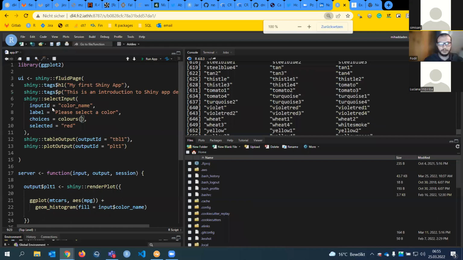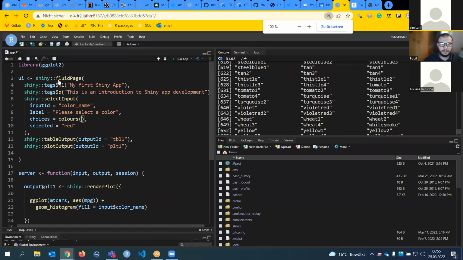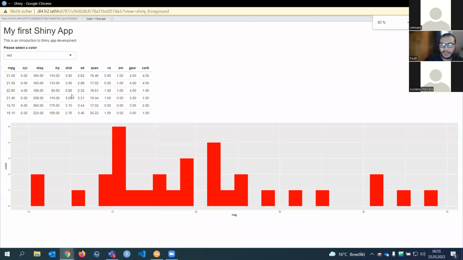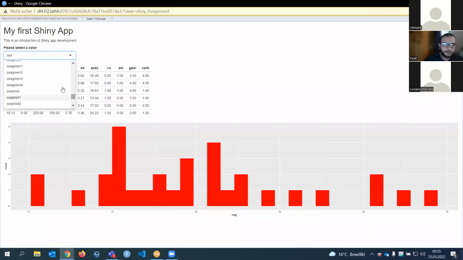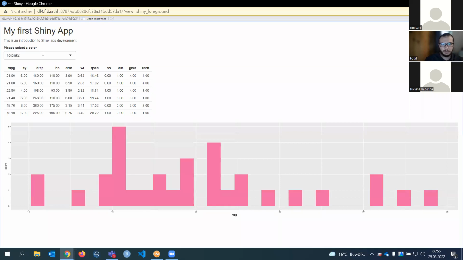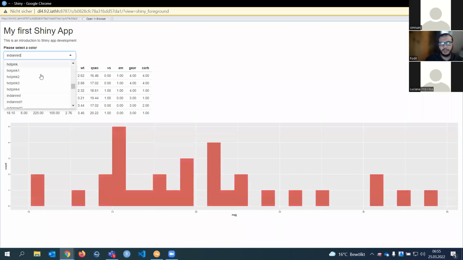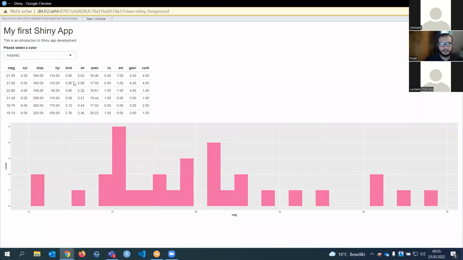So I will have a drop down here with many colors. And it's cool, I have a scroll here, which looks normal, looks standard, but it's not that easy to write this kind of behavior in other frameworks. It's really nice to have it ready to go, and I can choose any color I want. It will be modified on the fly.